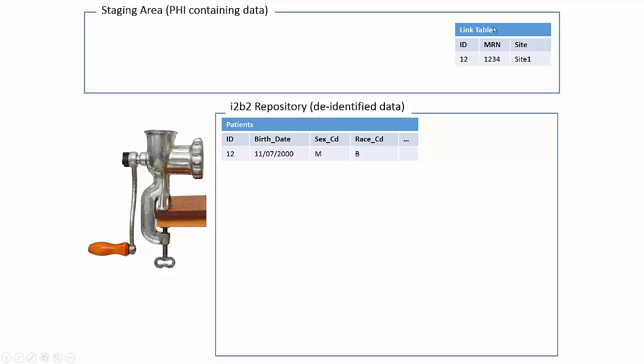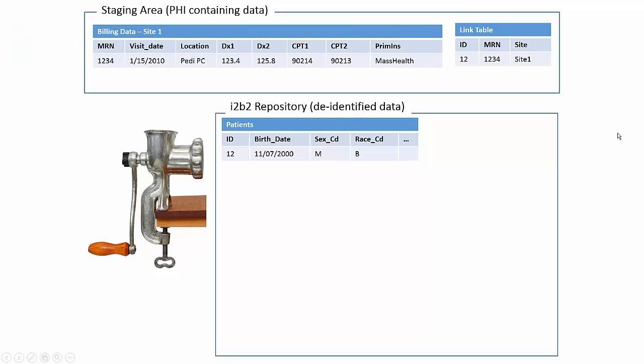The link table is never available to researchers and is protected, but is important for ongoing data translation services. But it does provide a i2b2 ID for an individual, and it also allows us to modify the date of birth by plus or minus 30 days and to include a race and sex for that patient, so that when data from the actual billing system comes in for that same patient, PD patient, we're able to see that